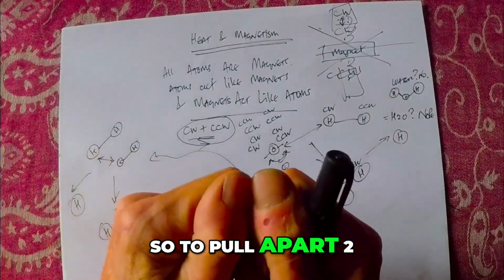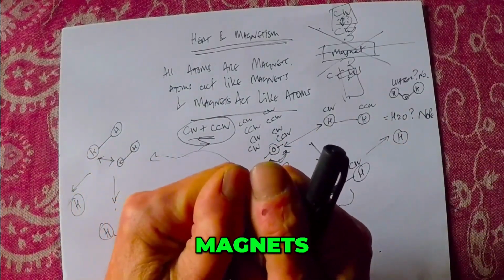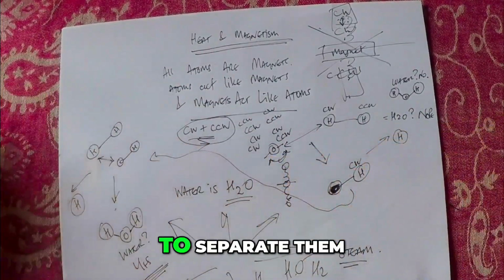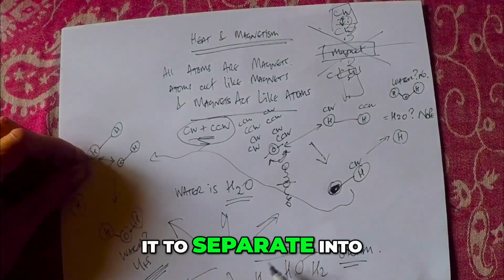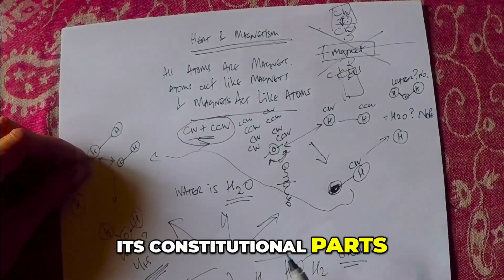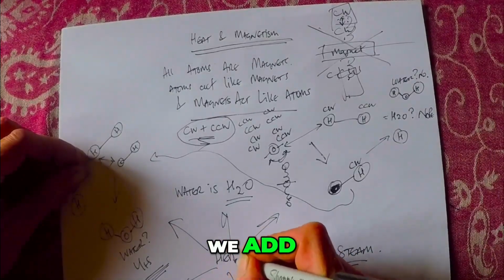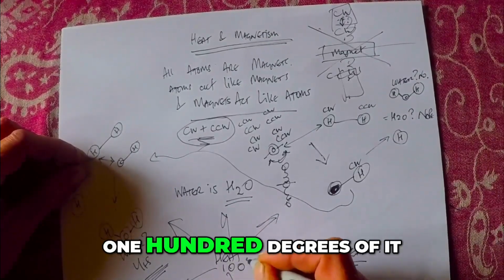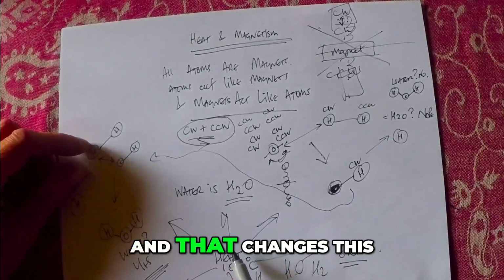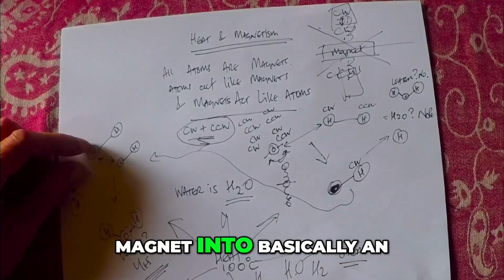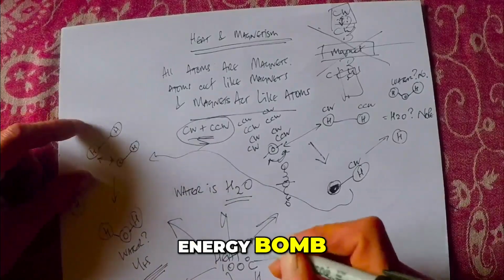To pull apart two magnets, I add my energy to separate them. What do we do to water to get it to separate into its constituent parts? We add heat, 100 degrees Celsius, and that changes this magnet into basically an energy bomb, and everything